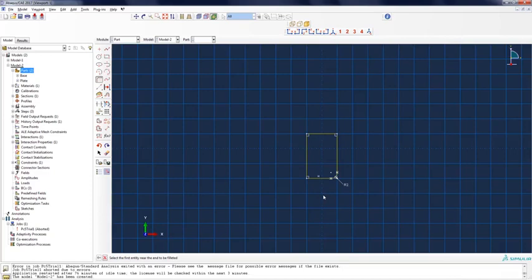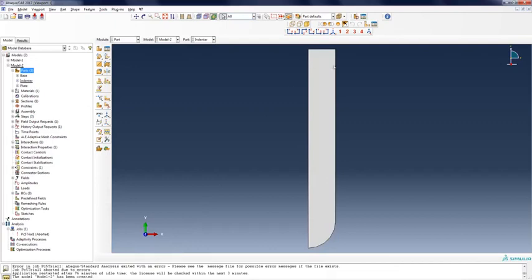Also we need to modify the geometry, create some constraints, dimensions. The radius is 2, we can make this one also 2. So this left edge is the symmetric part of it. Click done. So we have our loading tip.